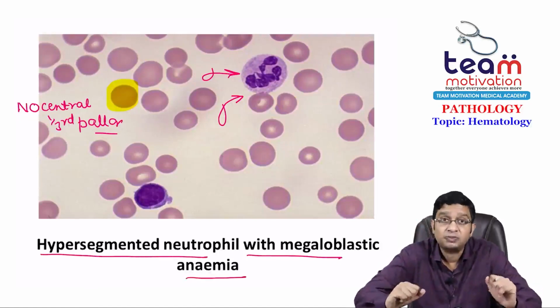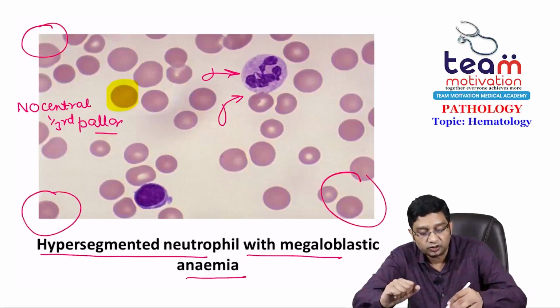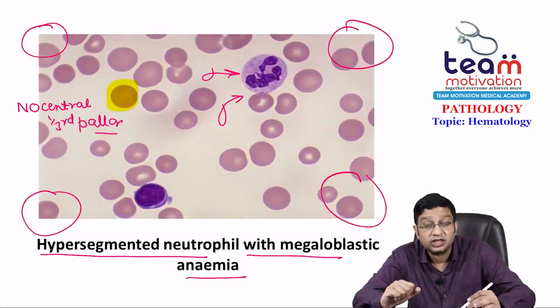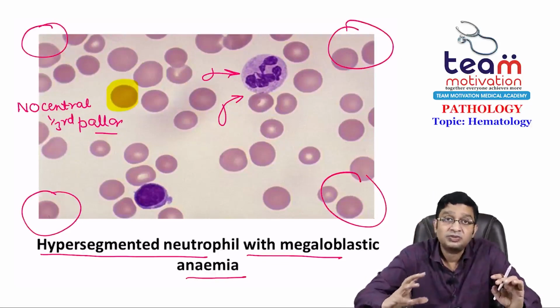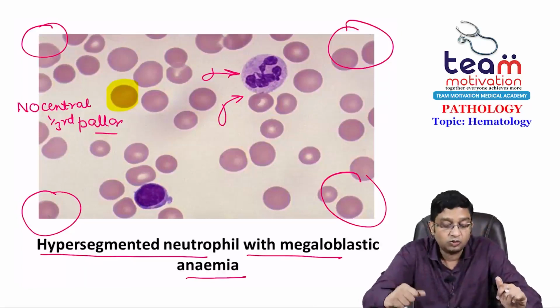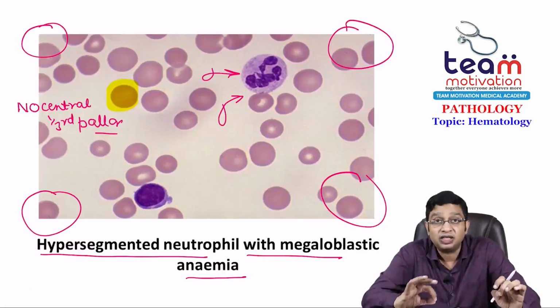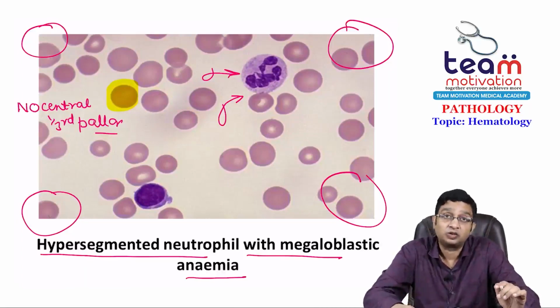So whenever you get a picture, you should always first look at the four corners to see if they have shown something, and then you should also look in the center. That is because sometimes the examiner puts something in the corner and you are not able to judge. So this is a slide of a macrocytic anemia with hypersegmented neutrophils.